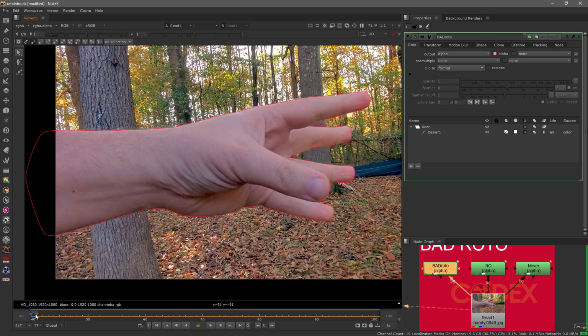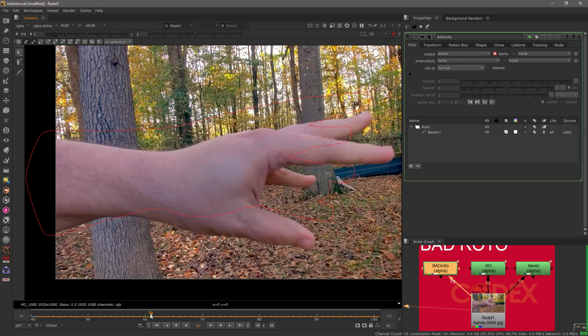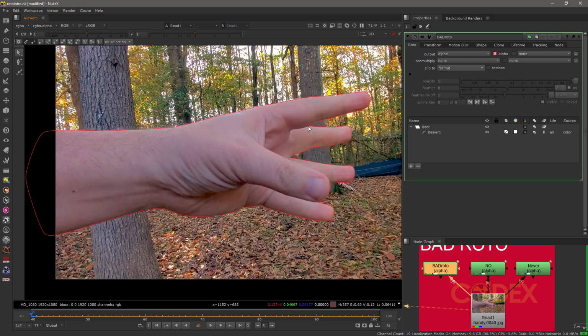But when the hand goes through motions where this finger is now in a different position than where it was and it crossed over, you're going to have to animate this negative space coming down in and going back out constantly. And when one shape overlaps another shape or disappears behind a shape, it's going to end up creating